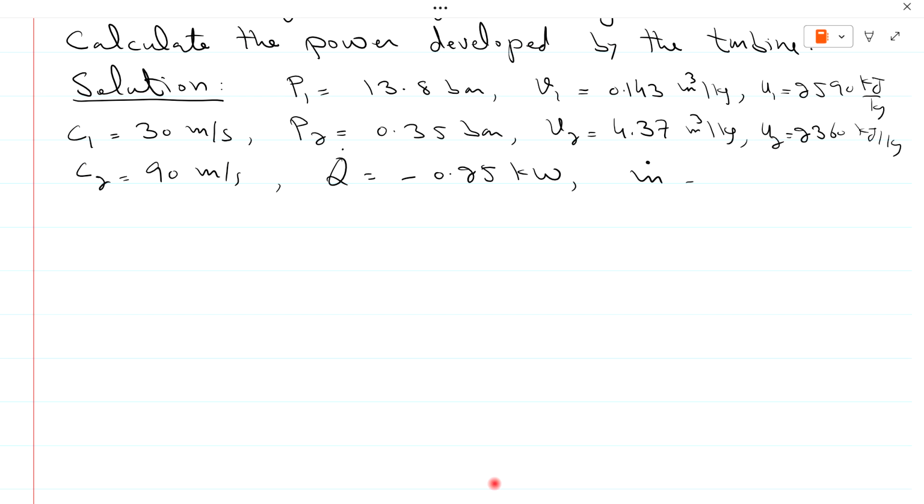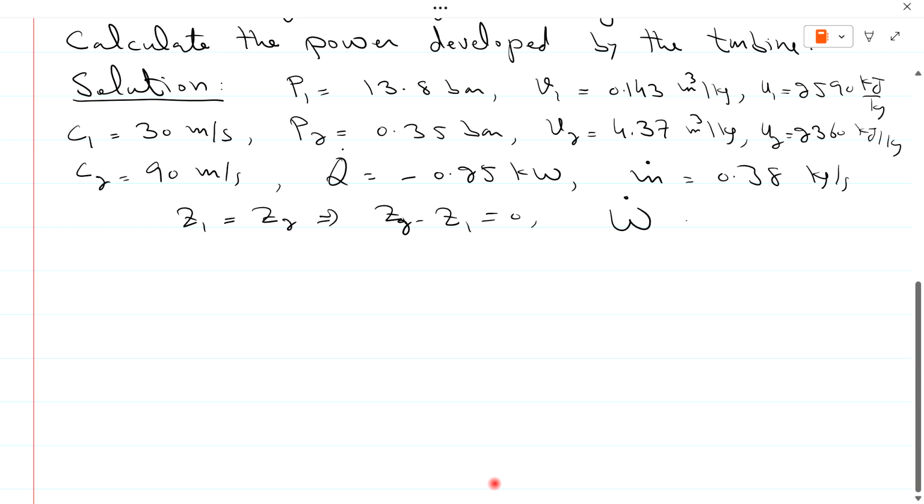Mass flow rate m dot is equal to 0.38 kilogram per second, and at the same elevation, so Z1 is equal to Z2. It means that Z2 minus Z1 is equal to 0, and required is W dot. So according to the steady flow equation,